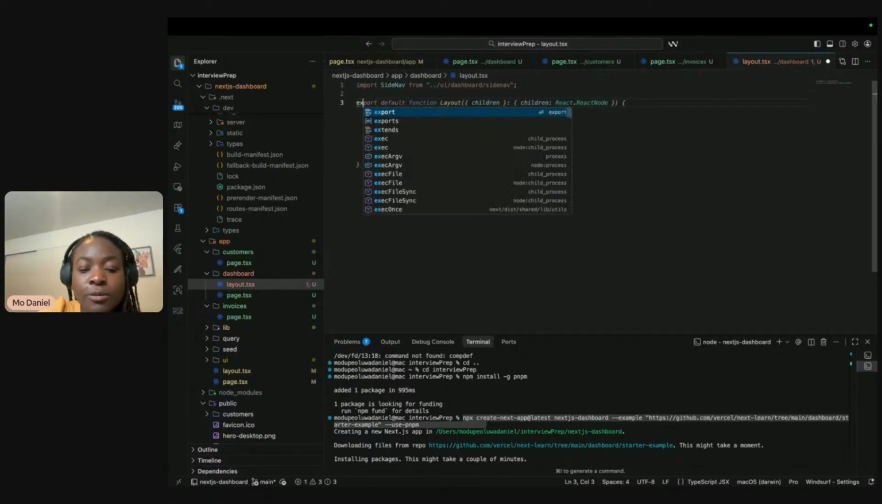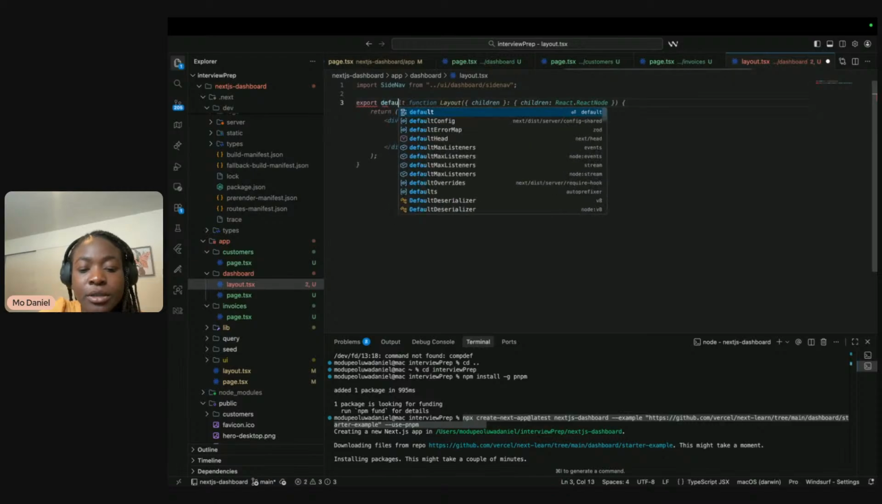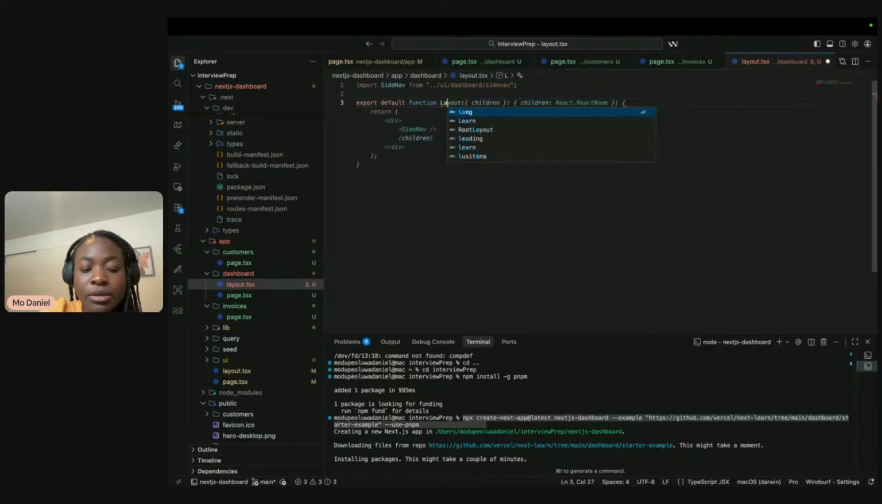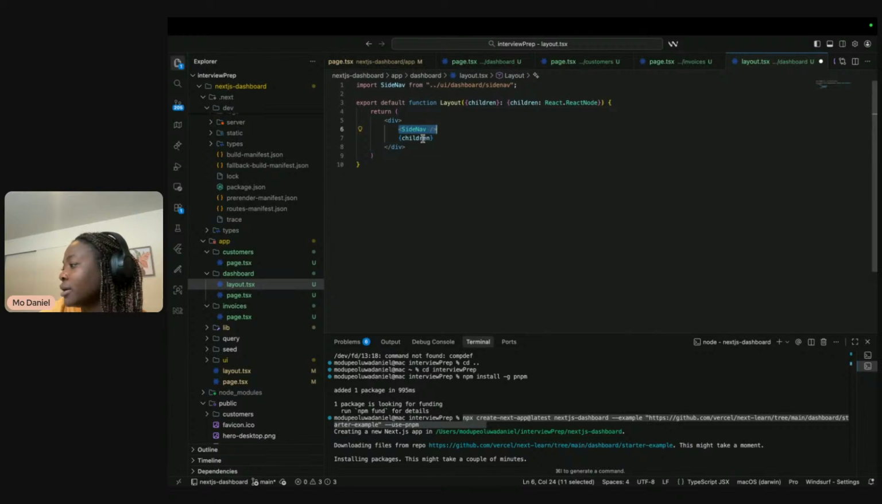So we're going to export default function Layout, and that's going to have its own children. And then we also need to type it. Okay, so it's a React node. And what it's going to return is the side nav bar in one div, and then in another div,